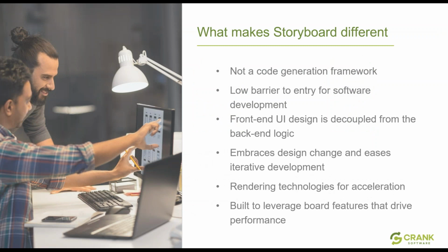The thing about Storyboard is that we are not a code generation framework, which really lowers the barrier to entry. We use Lua scripting as that logical back end. By decoupling the front end from the back end with a well-defined data model in between via APIs, it really provides a clean separation between UI development and hardware deployment,